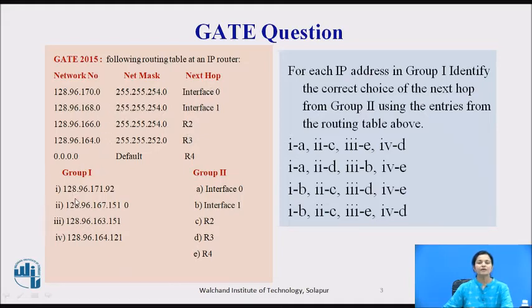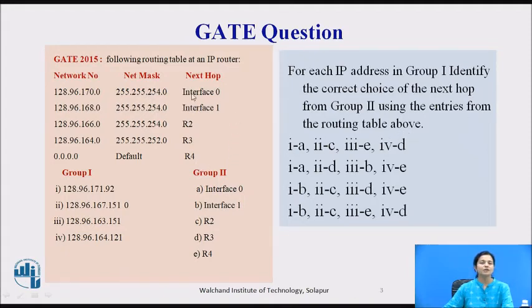So here we are having group 1, so some IP addresses are provided, and here group 2, which are from this network. They are provided: interface 0, interface 1, R2, R3 and R4. So here for each IP address in group 1, identify the correct choice of next hop. Means this group number is there and what will be the next hop from this group 2 using the entries